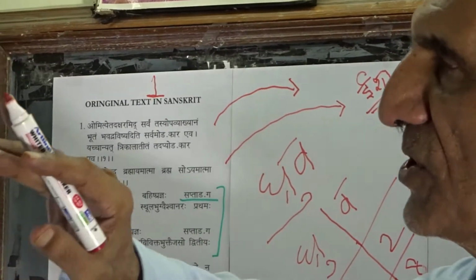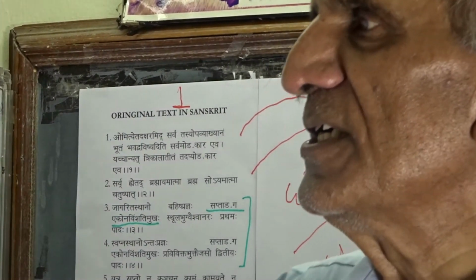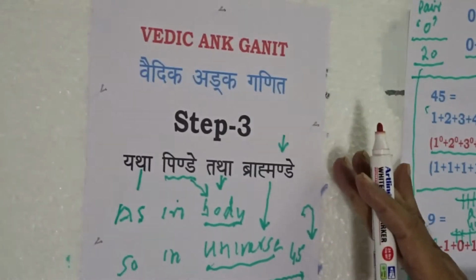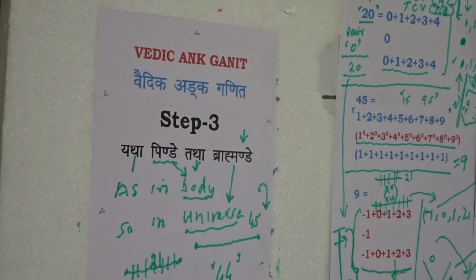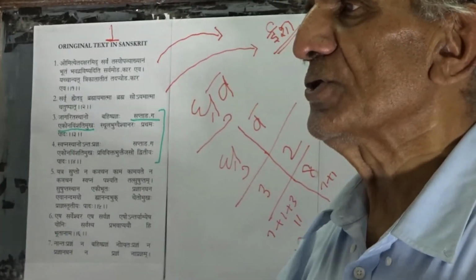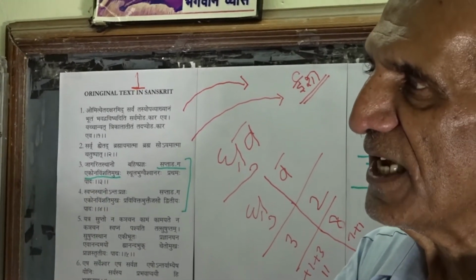Therefore, the students of Vedic mathematics, science and technology, this discipline of Vedic Anka Ganit as it is reaching us in the forms as are being pointed out today in this step with the illustrative case of Yatha